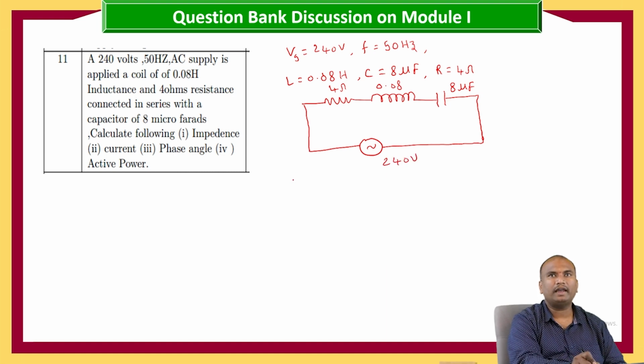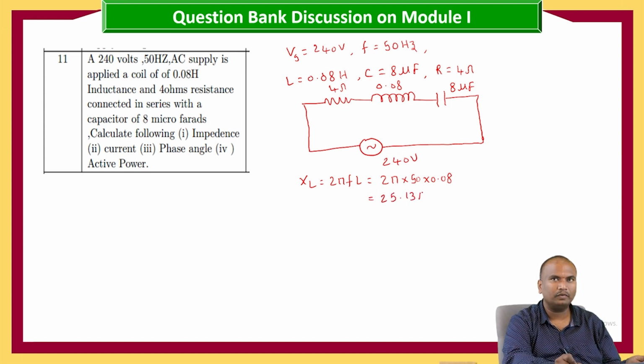Now for calculating impedance, first we need to calculate the reactance of the inductor and capacitor. XL is equal to 2 pi FL, that is equal to 2 pi into 50 into 0.08, which is equal to